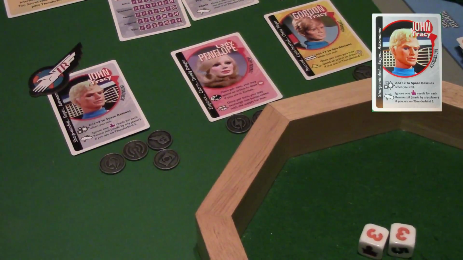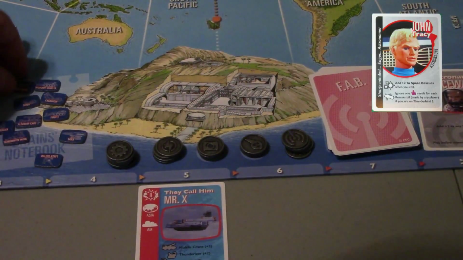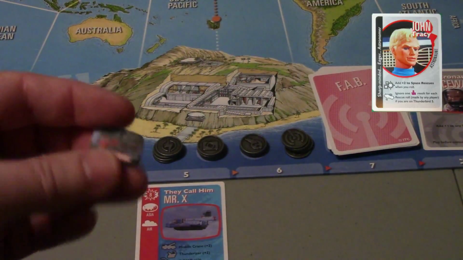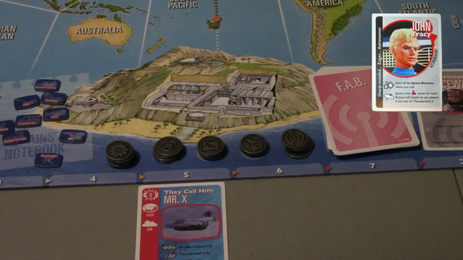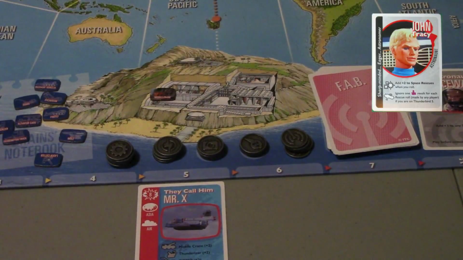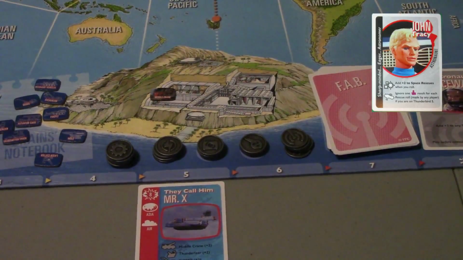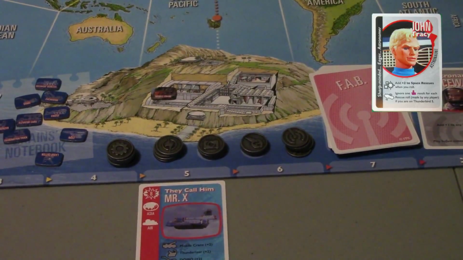Then we're going to spend this one. We're going to spend it to build, I believe, the mobile crane. It's the first one on the list. We're going to build that. There is the mobile crane. I don't see that I need any other vehicles with current missions, but the mobile crane is now on Tracy Island and can be transported by Thunderbird 2. Okay, now that is going to end John Tracy's turn, so let's go back to our disaster deck